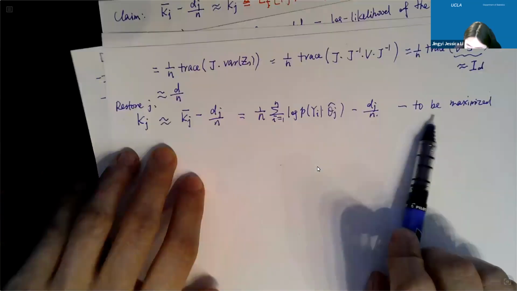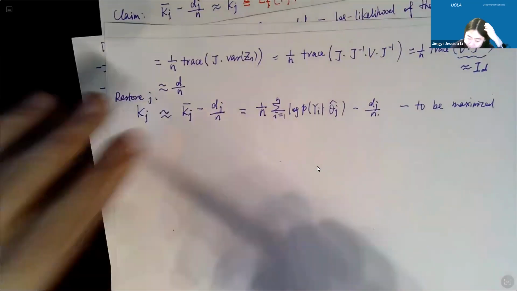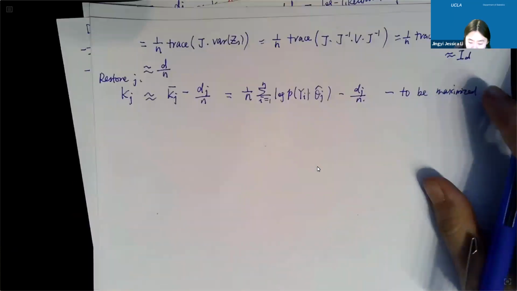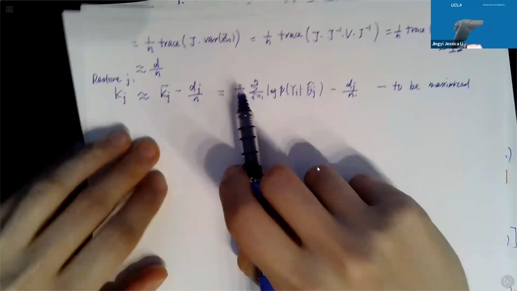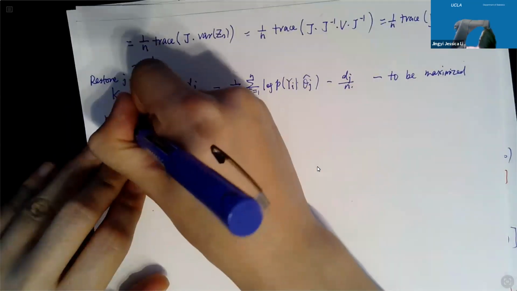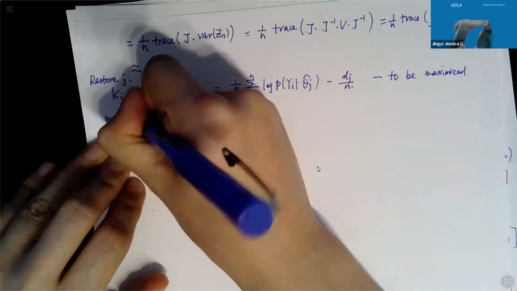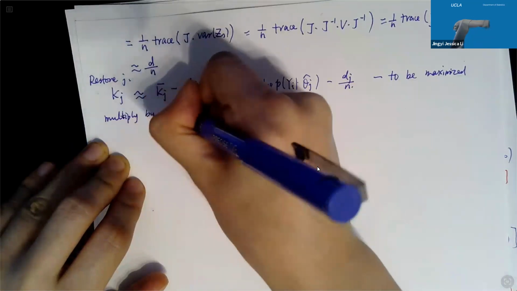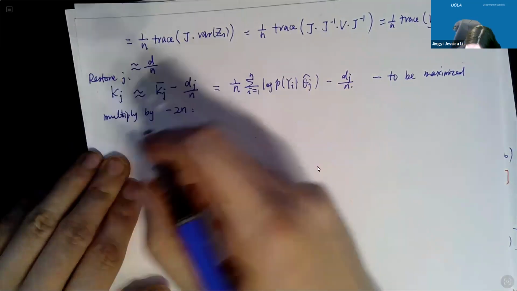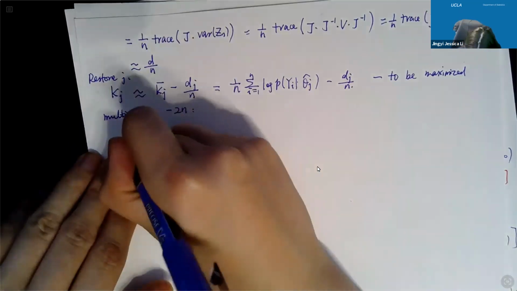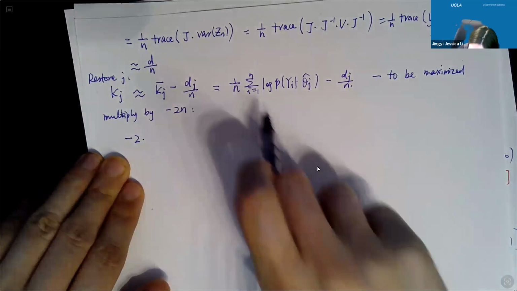That's our original goal. This is going to be maximized, but if we multiply by negative 2n, what I would have will be equal to negative 2 times the